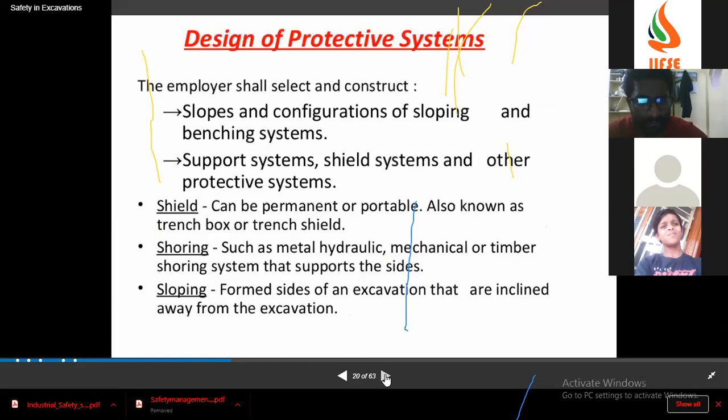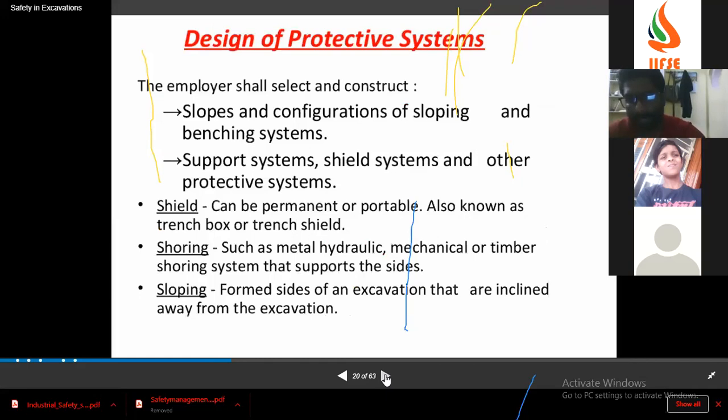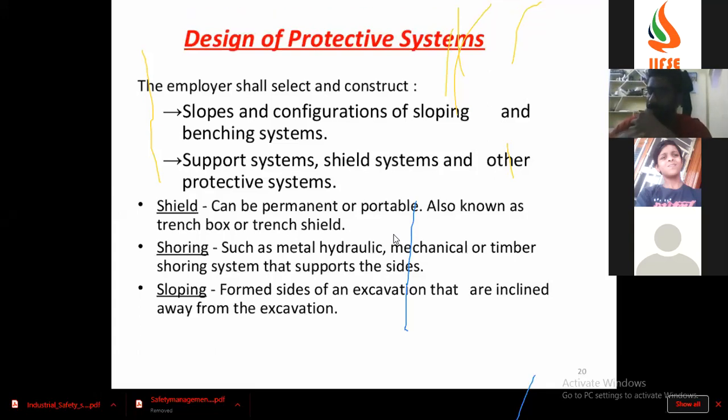Sir, this depends on the classification of soil. Yes, classification of soil. Depending upon the classification of soil, you will have shoring and benching techniques. If the soil is very loose, they will use a trench box. They won't compromise with a slope. If the soil is sandy, they will not use sloping; if the soil is very loose, they'll use a trench box. If you want to make a slope, you have to have some consistent soil.